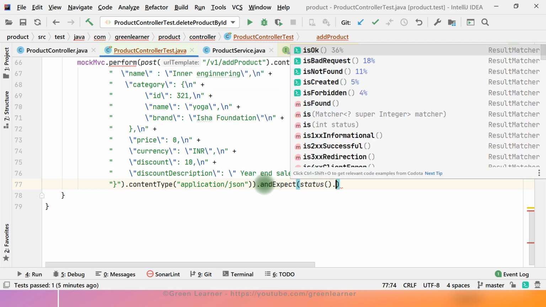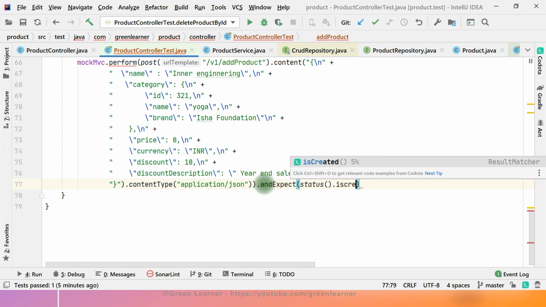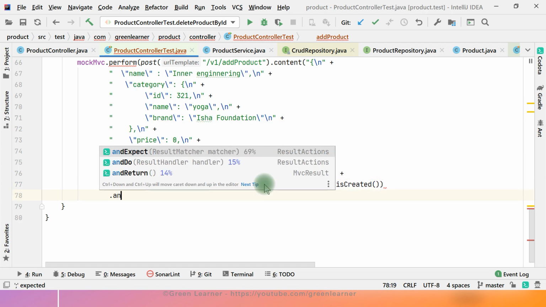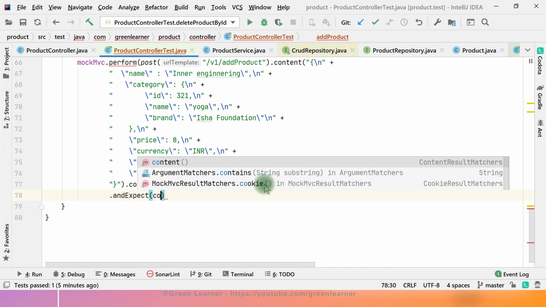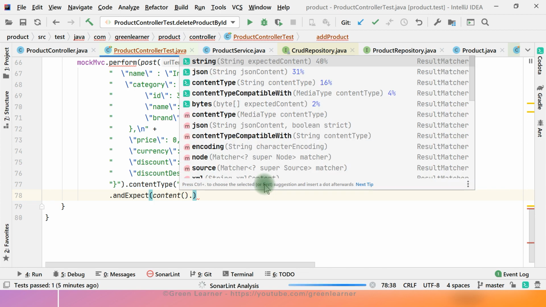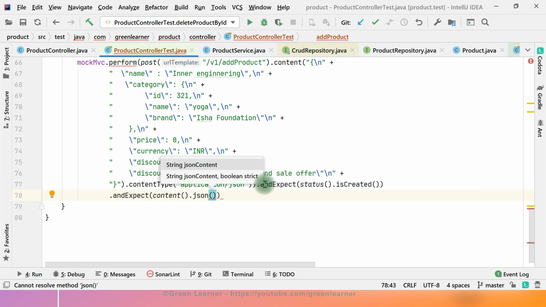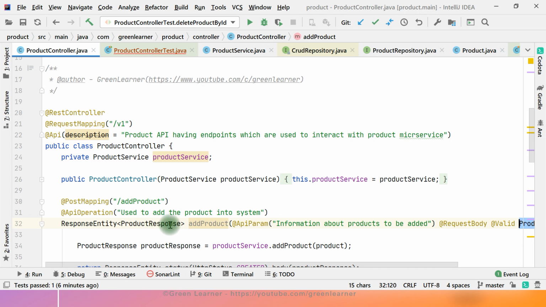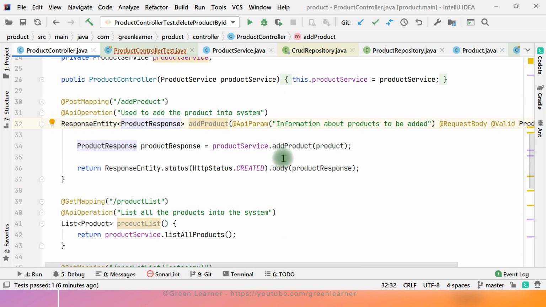Status. Now the status is not okay, but created, right? And the next thing I expect, content dot JSON, what response type it is going to give me. If I show you this product response, it is going to give me a status and message.